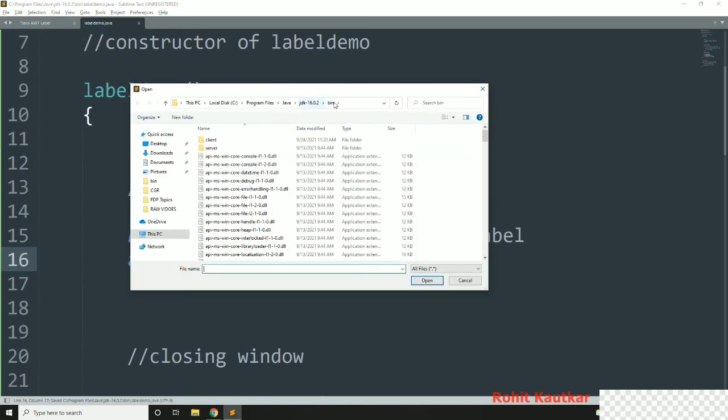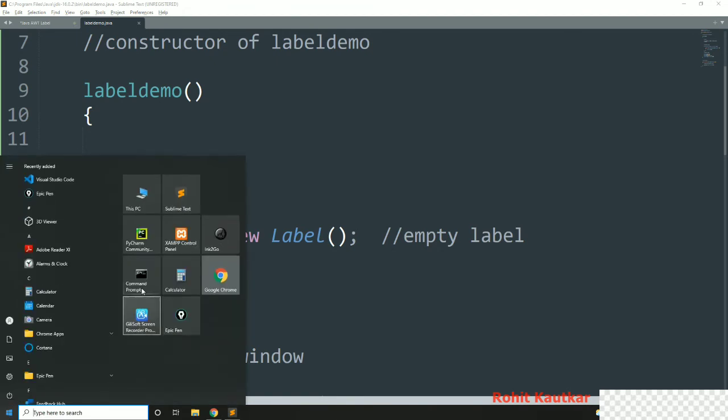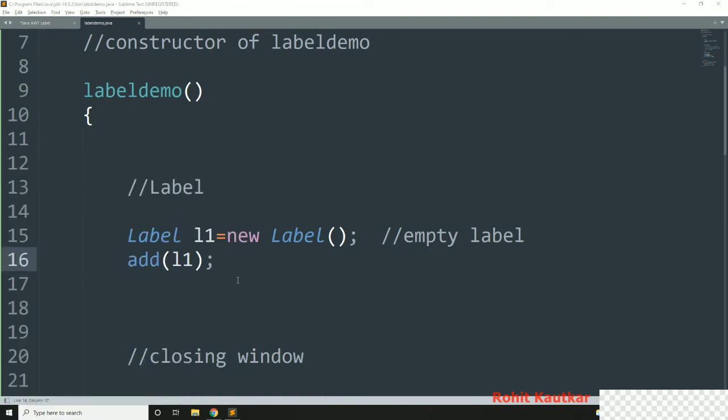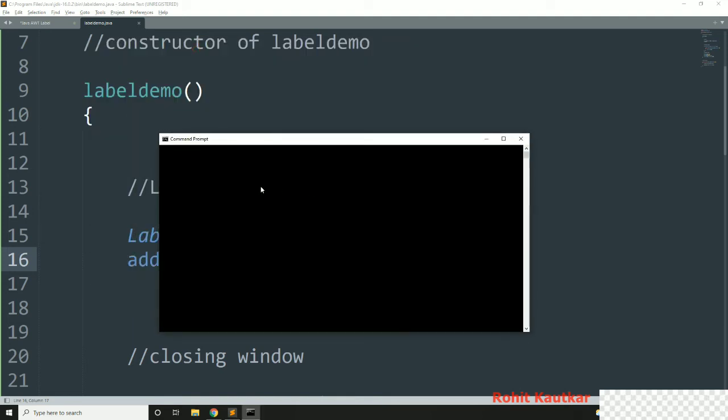Now I will copy the path of the location where our file is saved. Now start the command prompt, and here first of all we will switch to this location.